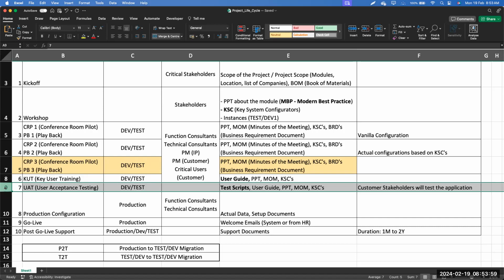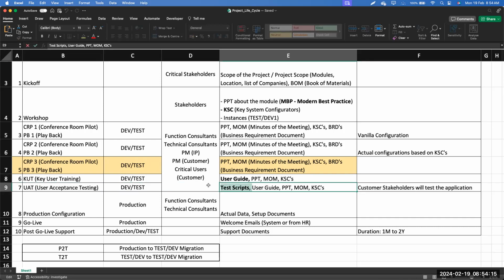User acceptance testing. What the customers are going to do in UAT, they are going to test the system based on the configurations we have done, which is based on the KSCs or the requirements which we get from the customer. So from the documents perspective, everything we used in the KUT, and on top of that, we will have a test script. So what is a test script? Test scripts are basically steps where we'll ask the customer to